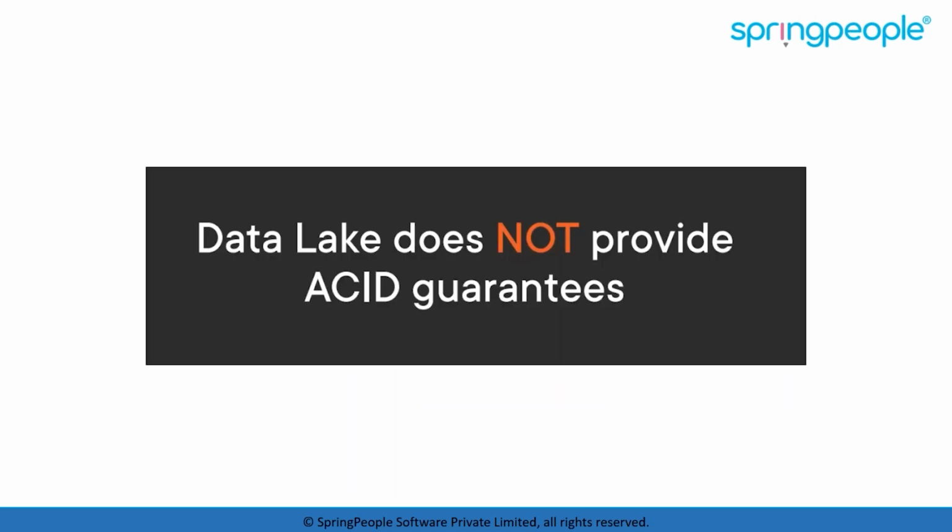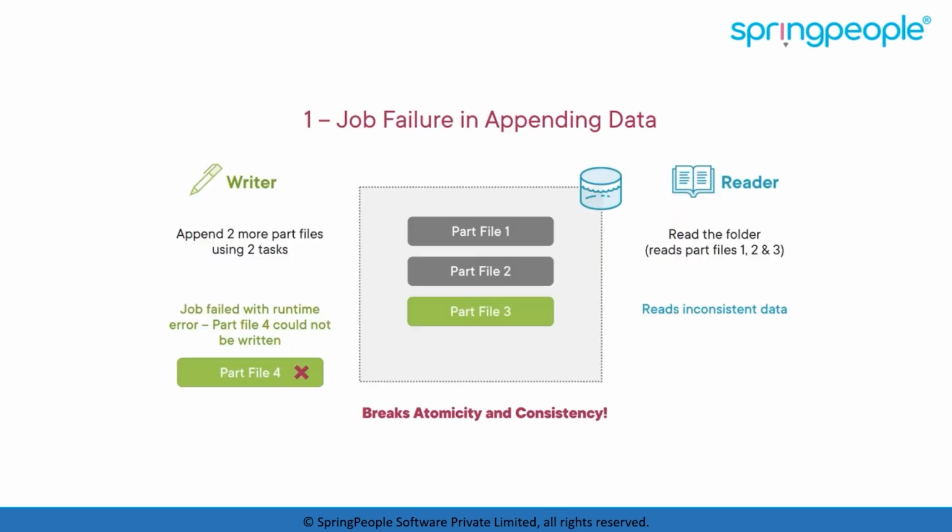Okay, and how do these ACID properties work with the data lake? A data lake cannot guarantee these ACID properties. So if we are using a data lake, we may always get into a situation where the data is not at all consistent. So the first issue with the ACID properties: I'm giving you a few case studies so that you will be able to understand